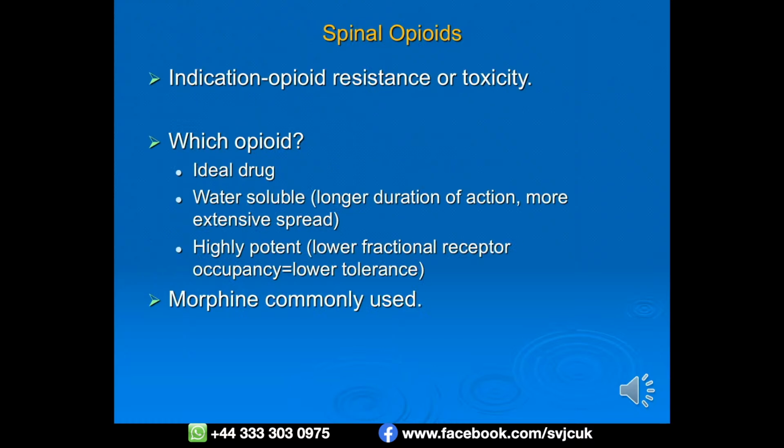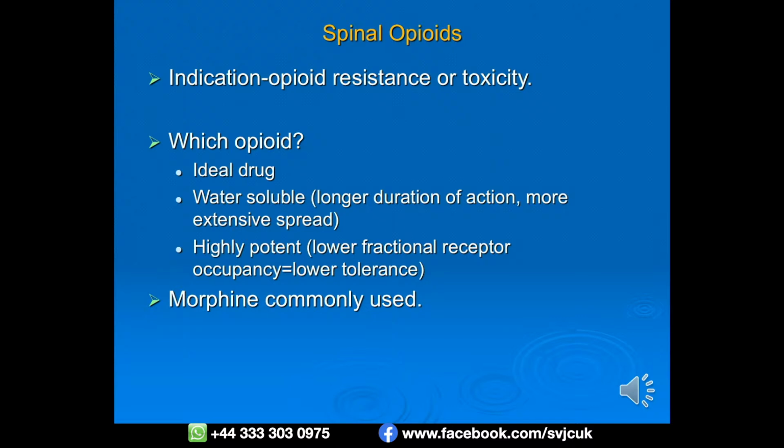We can also use spinal opioids, especially in patients who are opioid resistant or had toxicity because they had to use extra large doses of opioids otherwise systemically. So which opioids are the best? Ideal drug should be water soluble, so it gives longer duration of action and more extensive spread, and should be highly potent, so lower fractional receptor occupancy causing lower tolerance. Obviously, there may not be the ideal agent always available, but morphine comes as close as we can imagine, and that is the commonly used